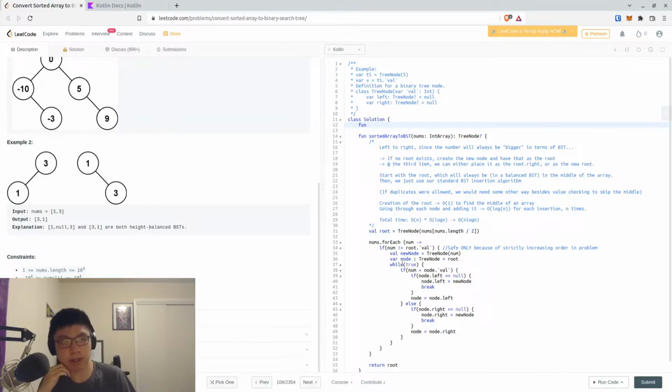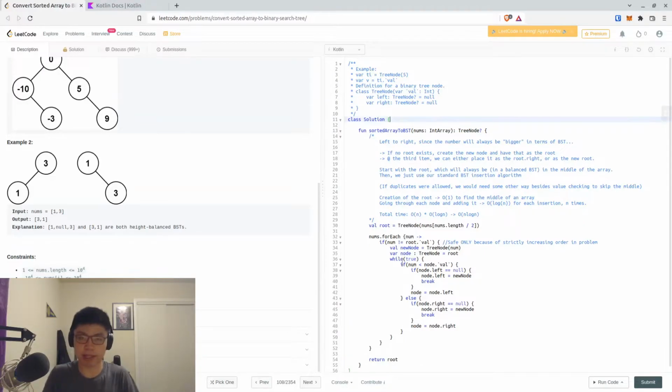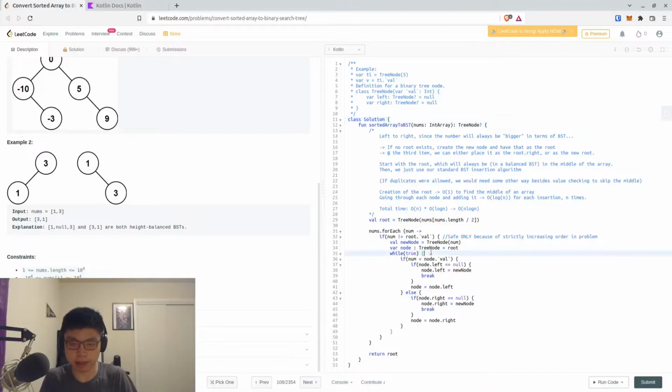I mean, we could do a recursive sort of placement. But I think this is a little more effort than is necessary for the scope of this problem. I think this is a bit of an ugly solution, but it gets the job done. In an actual engineering situation, I would probably factor this out into its own method to place it. The cleanest solution would be to use a recursive solution, and we call the function we